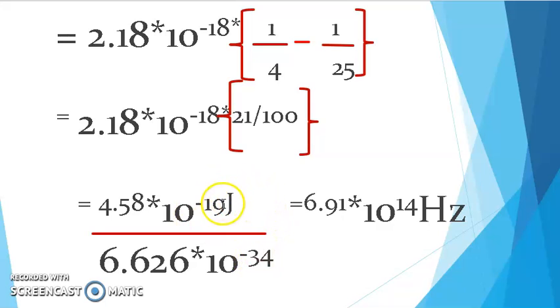So if you do the division, you will get 6.91 into 10 power 14 hertz. So this is the value we found out for the frequency.